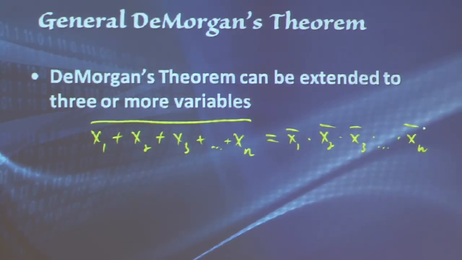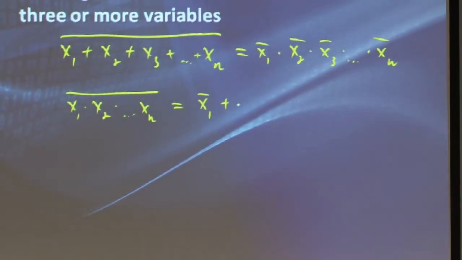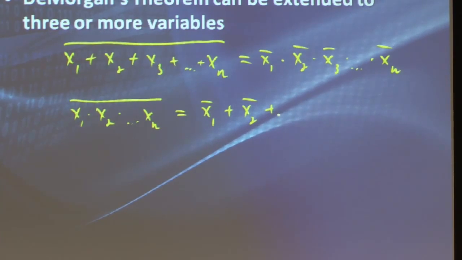And the dual of this is true naturally as well. x1 and x2 and xn inverted will be the same as not x1 or not x2